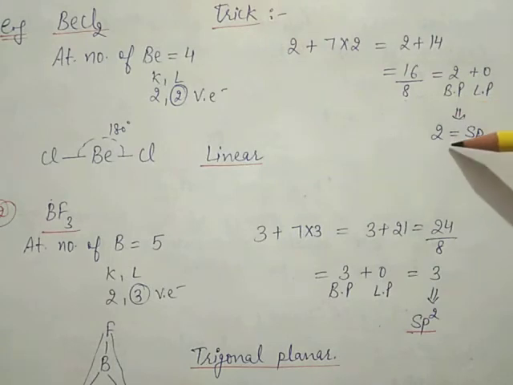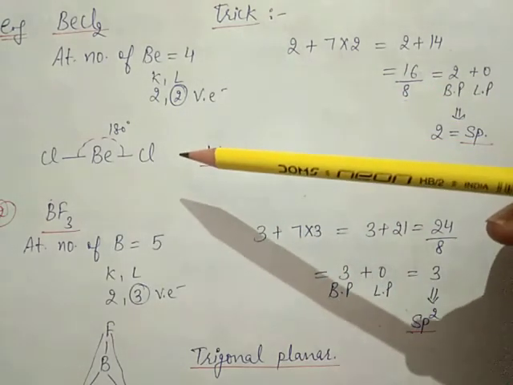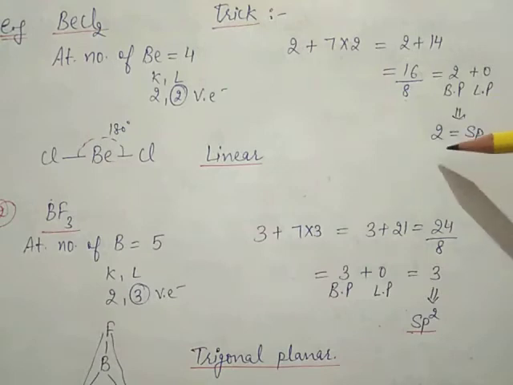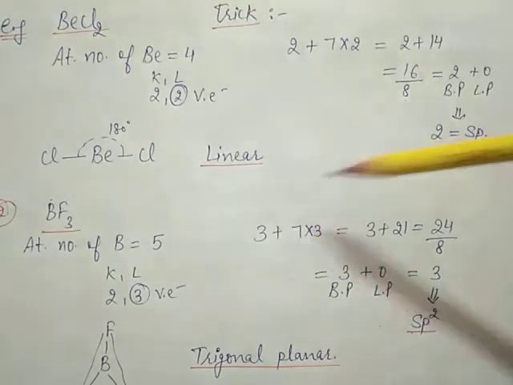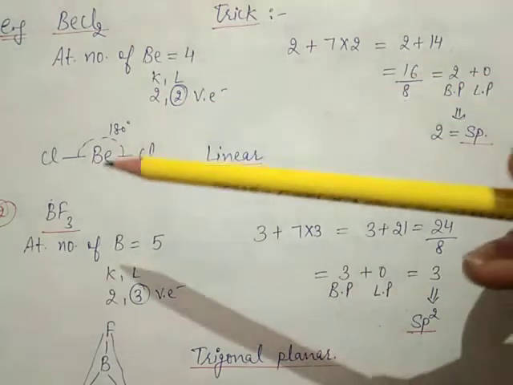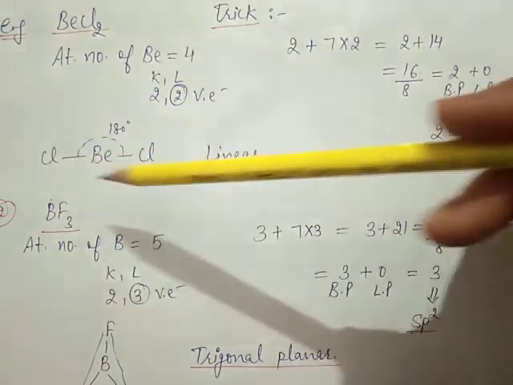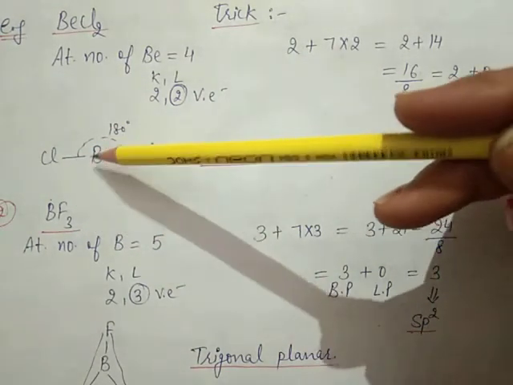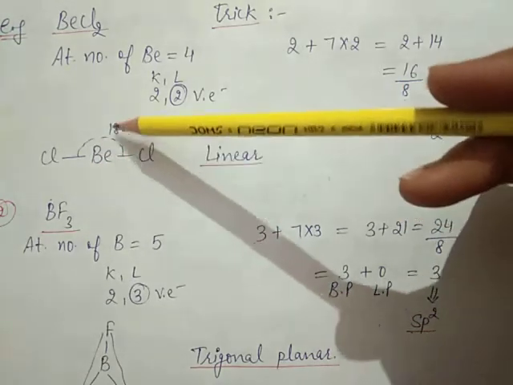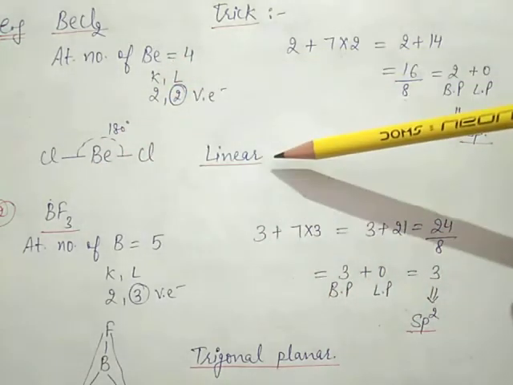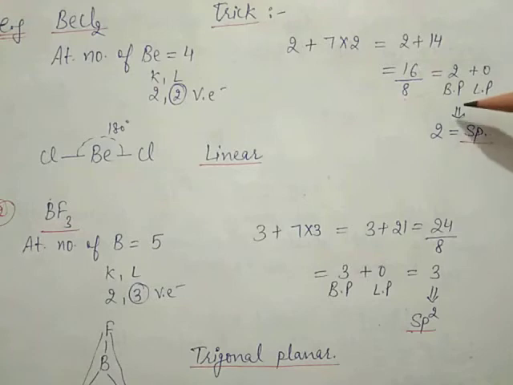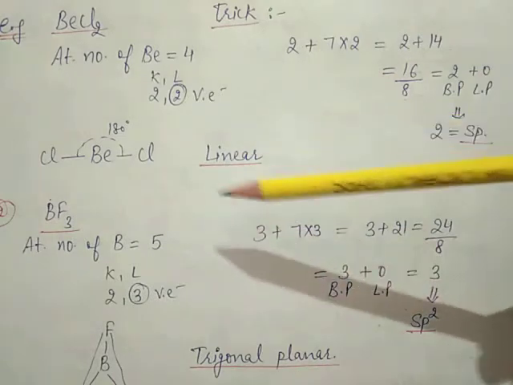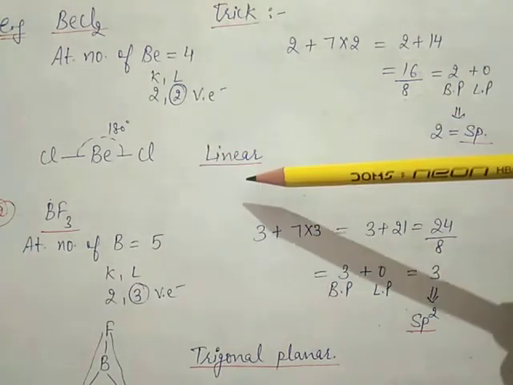According to this, I will show a table and we can easily determine the shape and geometry of the molecules. According to this hybridization, the shape is: beryllium, with the chlorine atoms surrounding it, and here it will form a 180-degree bond angle, and the geometry is linear. So by the help of this trick, we can easily find out bond pair, lone pair and hybridization, and after that we have to check the table for shape and geometry.